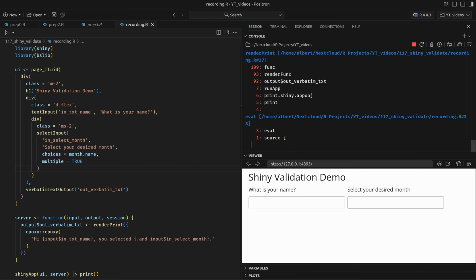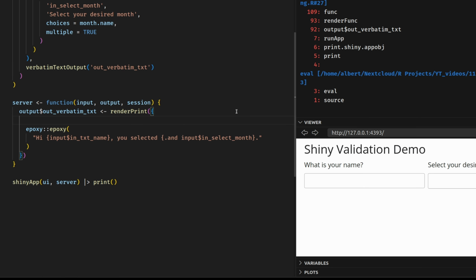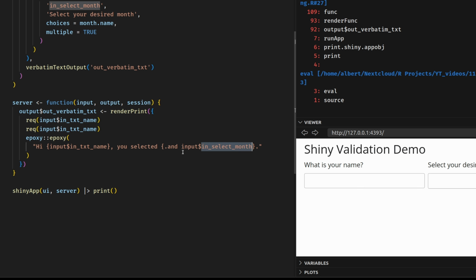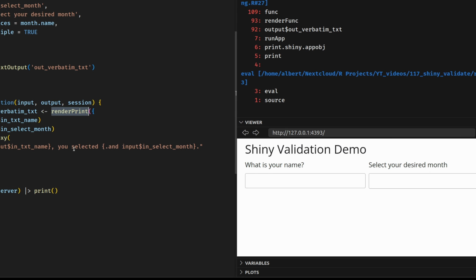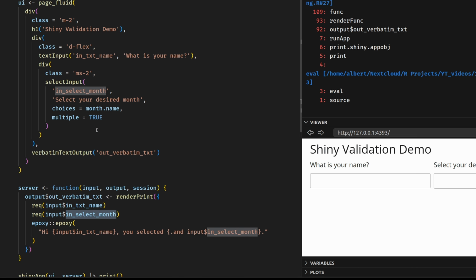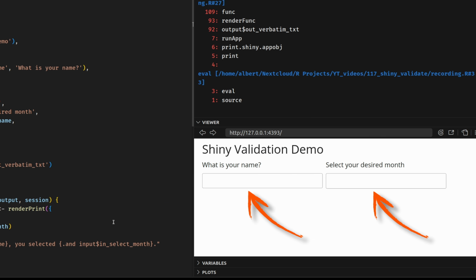So as a first step, we should always try to make sure that inputs are already there. So we can use our by now well-known function that is require, and we can require that the inputs are already there. So let's put in this first require call, and then let's put in the second require call for this second input here. So now my server will check when it renders this text output whether these two inputs, which are just the select input and the text input that we see in our app,